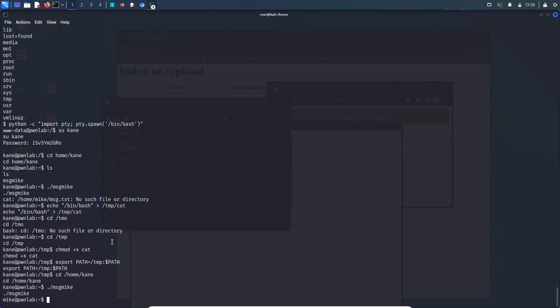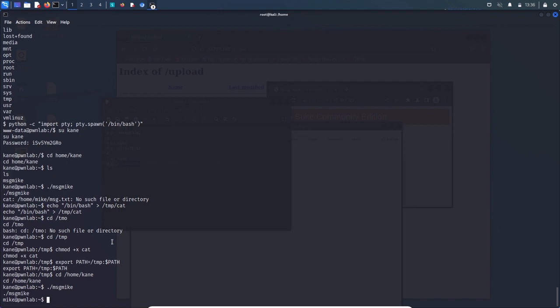variable to point to the temp directory, because the normal cat program is inside of the bin directory, which is somewhere else. But we want to have our own version of the cat command inside of temp, so that once we write cat, it looks inside of the temp directory before it looks inside of the bin directory. That might be kind of confusing, but that's what I did first, so that once we executed